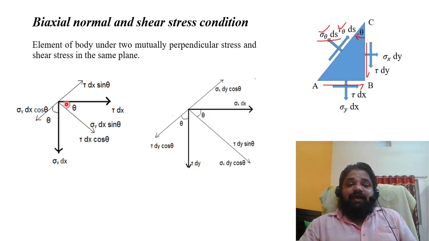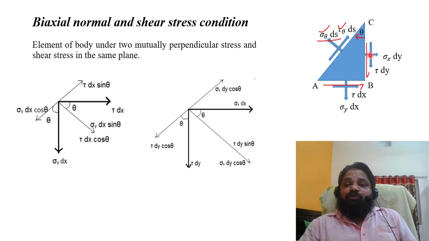I think it is now clear. From this figure it can be clear, to clarify your ideas. One is the y component, and the corresponding x component has been shown. So sigma x dy, it is sigma x dy into 1. So the sigma x, if it is the sigma x,